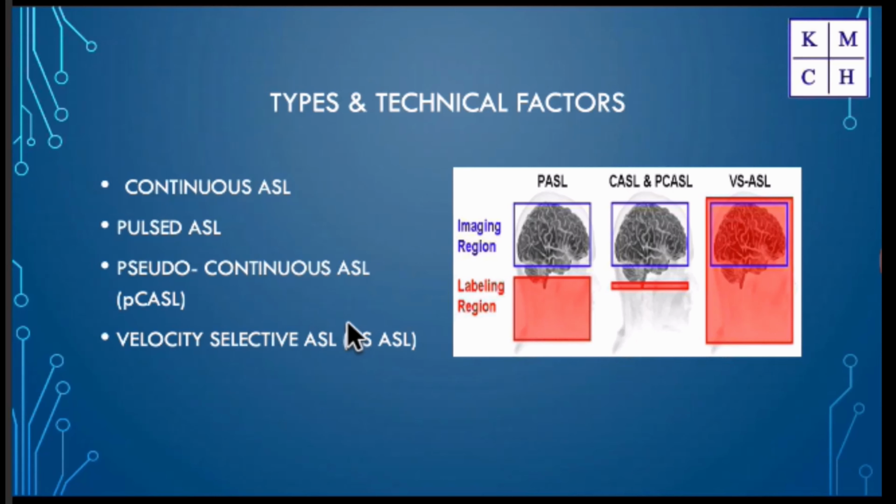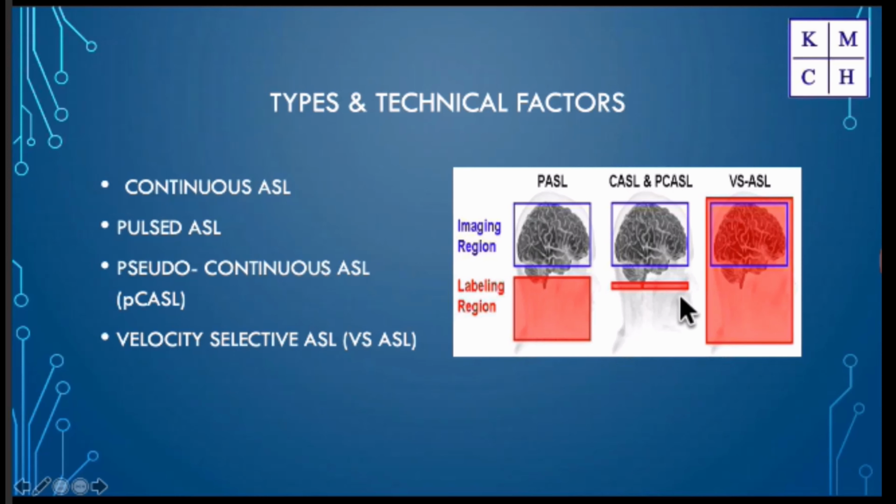Further, nowadays, the majority of the ASL based techniques are either a pulse form of ASL or a pseudo-continuous ASL. As we can see in this image, the major difference in a pulse is the labeling is done in a slab of tissue instead of a thin slice that happens in the continuous and the so-called pseudo-continuous ASL. So, this thick slab can cover up to 10 to 20 centimeters, and this is used to invert the blood protons. Using various other modifications about which I'll elaborate in the next few slides, the blood protons and the label control pairs are derived to get a CBF image.